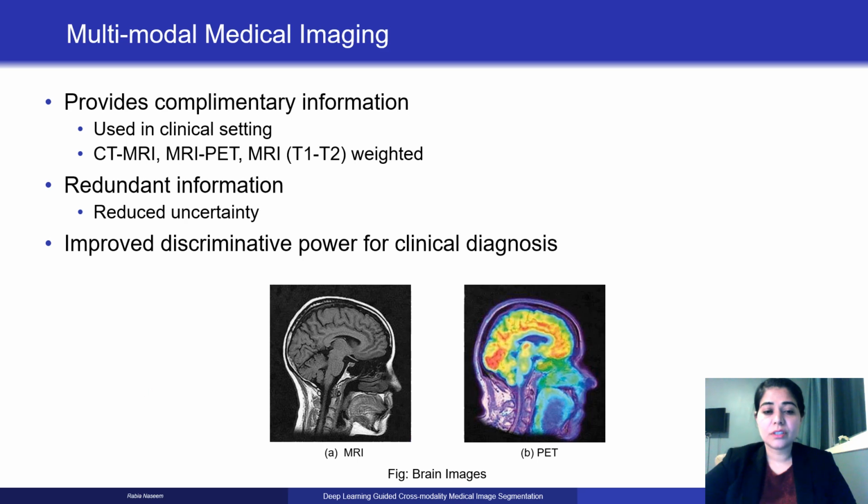Multimodal medical imaging is used commonly in the clinical setting since it provides complementary information about the organ. Different imaging modalities are used to provide complementary information such as CT, MRI, PET scans, and MRI variants such as T1 weighted and T2 weighted images. The multimodal medical images provide redundant information, which is particularly helpful in improving the discriminative power